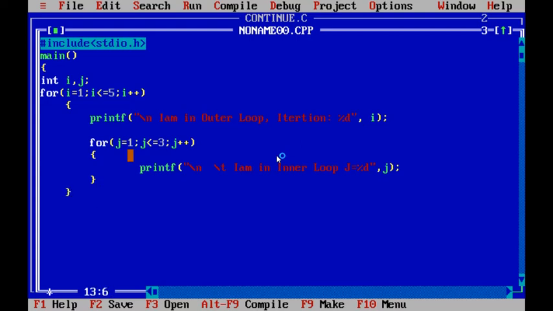This is the closing brace for the outer for loop. This is the closing brace for the main function. Here, this is the program.